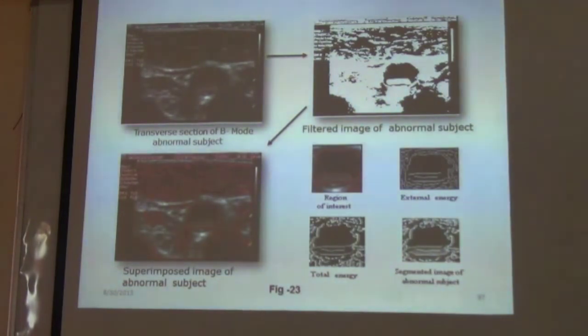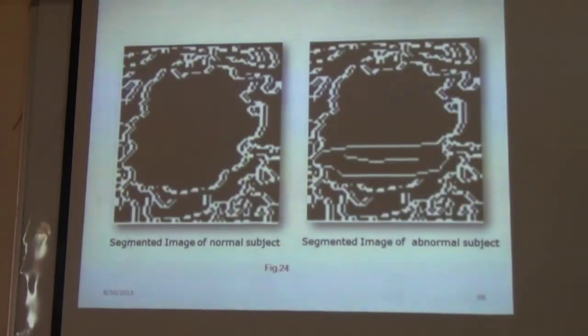It is not a real one. Clear? This one. Could you be able to understand? Segmented image of normal subject, segmented image of abnormal subject. So they might interpret these things as